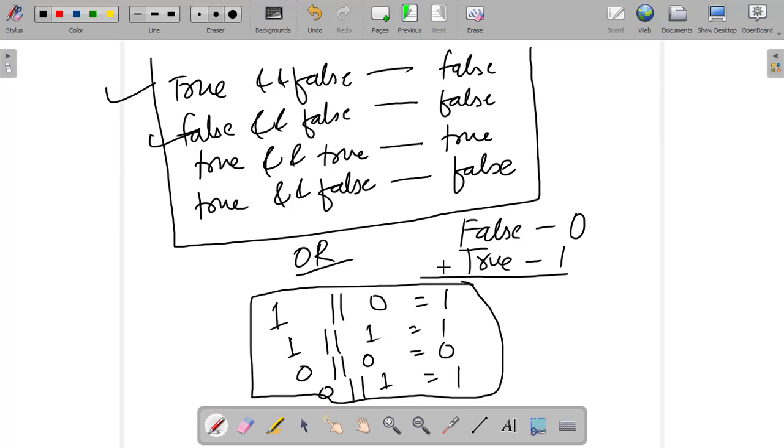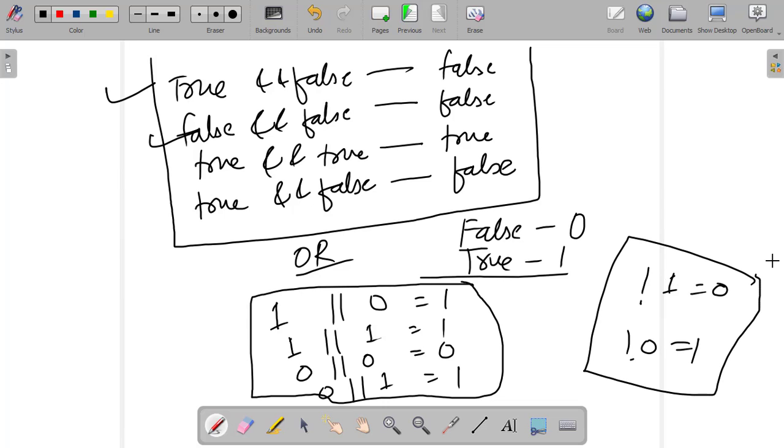For OR, either the left or the right will be correct. And for NOT, NOT of 1 will be 0 and NOT of 0 will be 1. It is just the reciprocal, simple. I hope this logical operator is clear. You will understand it better and be more familiar with it in the upcoming videos, where we will do the live demonstration and some practice for these operators, because this is very important.